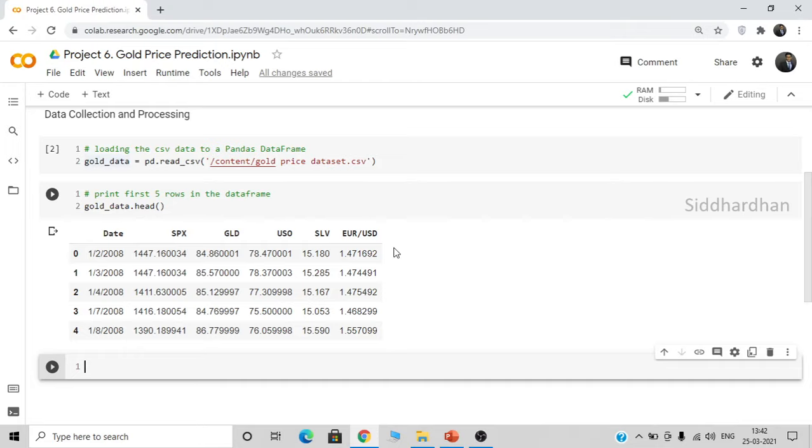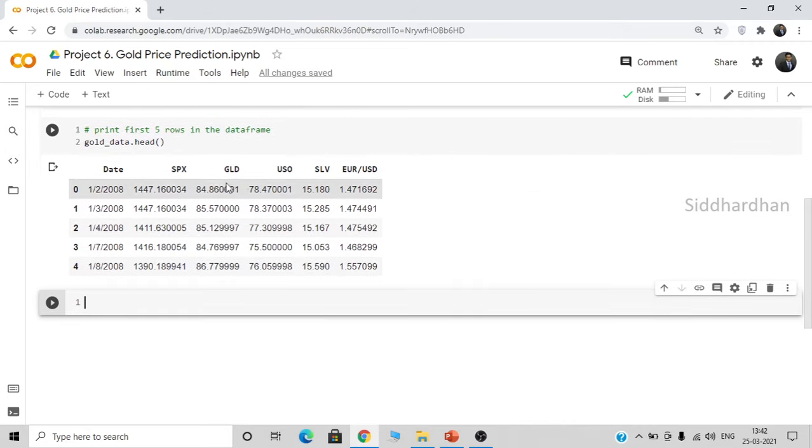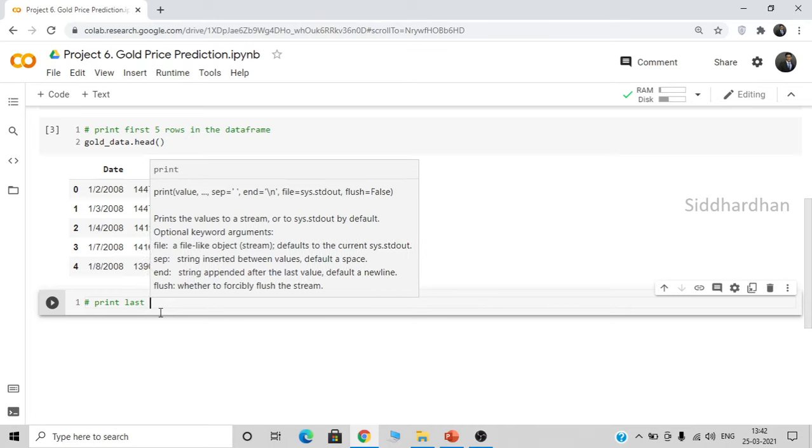In that project we try to forecast the gold prices, but in this case we are going to predict the prices based on these stock prices. In total we have six columns, and we will be predicting the gold prices. We have the date from 2008, and let's see until which date we have the values. Here we have printed the first five rows, and now we are going to print the last five rows